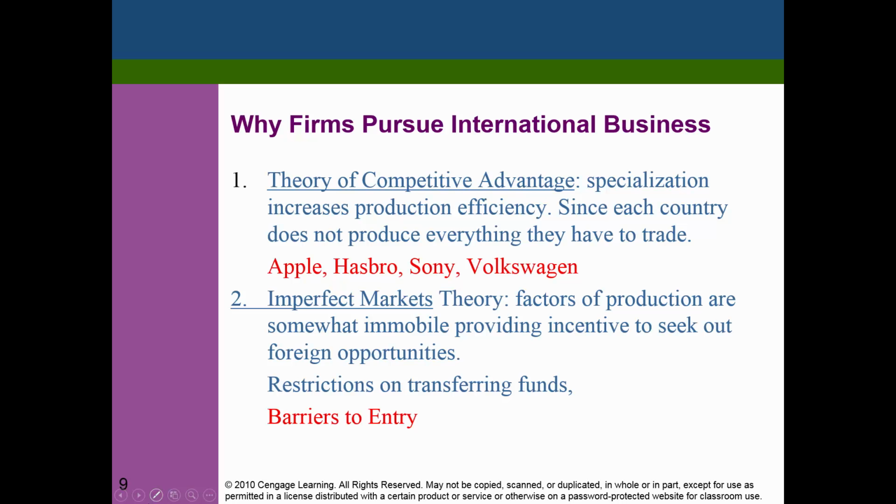So by doing that, they are able to get around some of the restrictions made on them by the European governments. Now the same thing happens in the US. You have a lot of car companies setting up manufacturing in the US. And again, one of the reasons why they do that is because they want to avoid the quotas placed on them. They also want to avoid some of the barriers to entry.